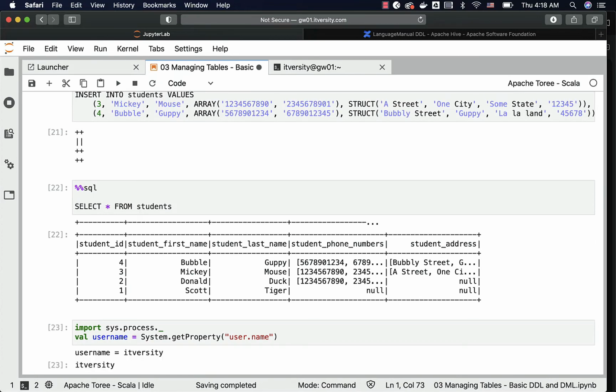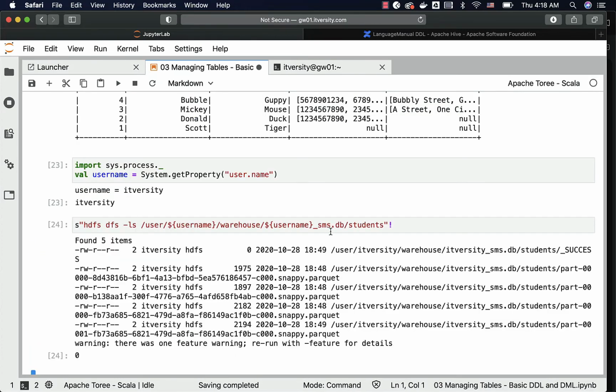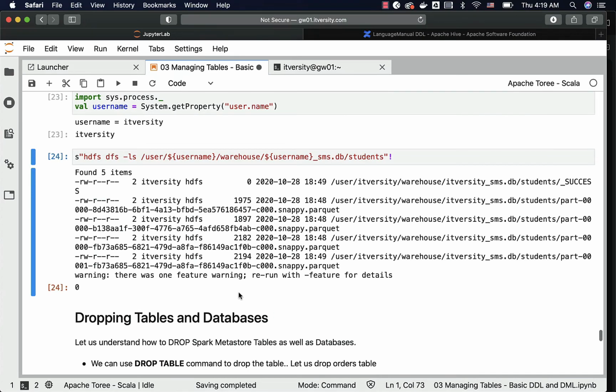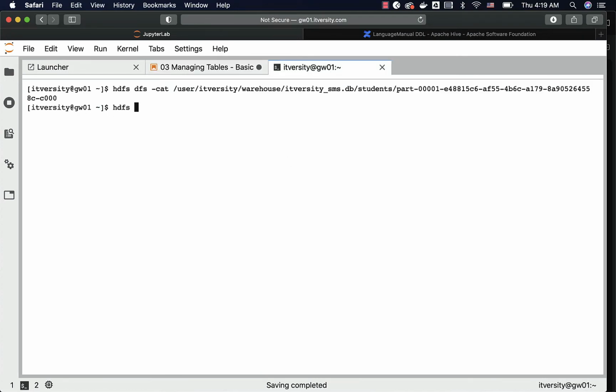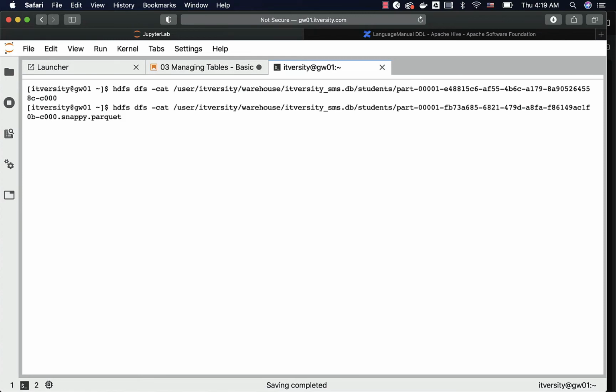Now if I go back to this folder and check the files, you can see that there is an extension called Parquet here along with Snappy. So by default, Parquet files are compressed using the Snappy algorithm. That's why you see Snappy here, and this is where the files will be. And if you try to run the cat command on this, let me copy one of these file paths, and let me run hdfs dfs -cat on that file, and let me see what it shows. Yeah, because of the special characters, it is not showing up here.